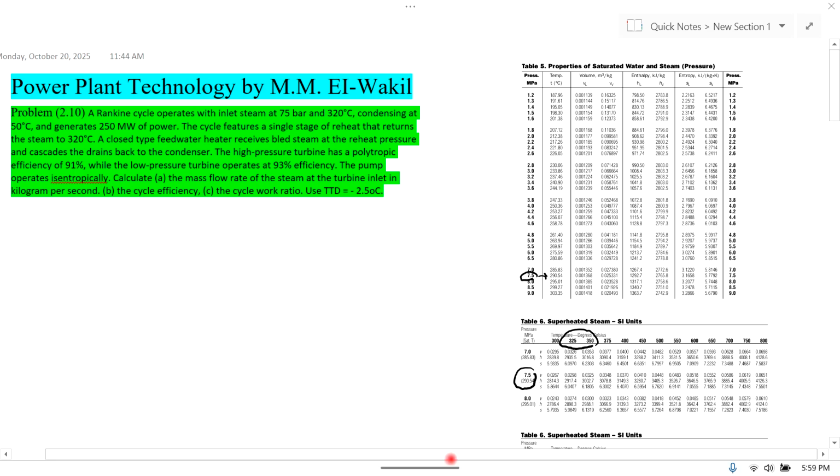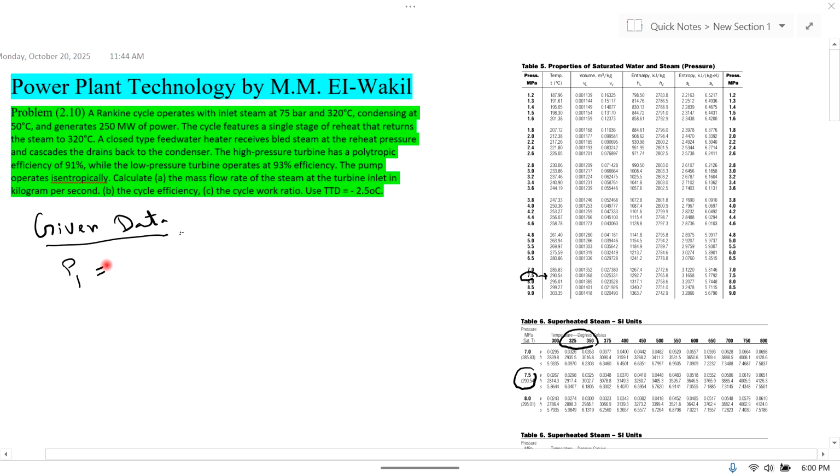Bismillahirrahmanirrahim. In this lecture, I am solving problem 2.10 from the book Power Plant Technology by Al-Wakil. The statement of the problem is: a Rankine cycle operates with inlet steam at 75 bar and 320 degrees centigrade. Given data: